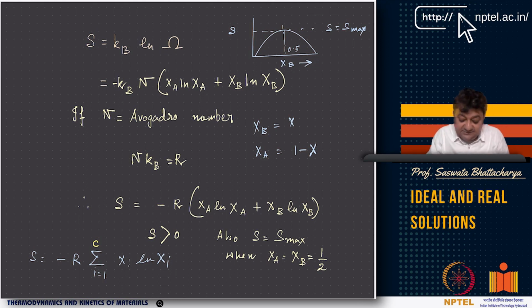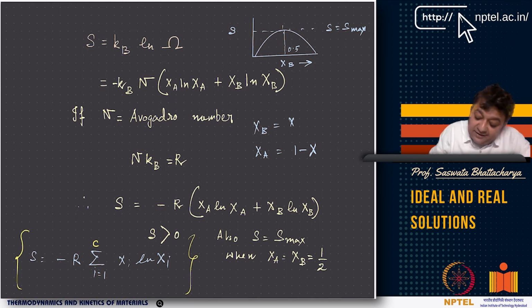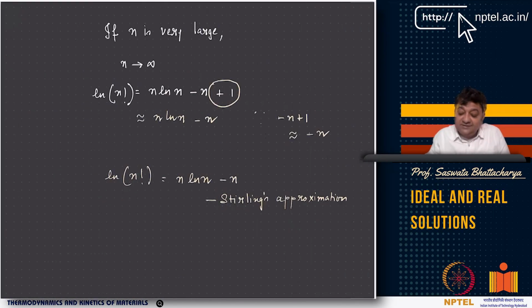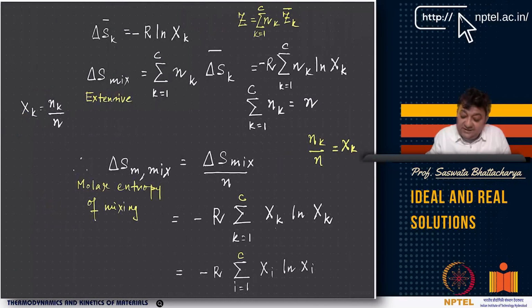What I want to say here is that this expression we obtained for mixing comes from a molecular interpretation. We are considering the number of molecules, N_A molecules of A and N_B molecules of B, and looking at the mole fraction of A and mole fraction of B. We start from Boltzmann's hypothesis and come to this from the statistical mechanical version. But you can see here that we got the same expression as for the ideal gas mixture, or ideal mixing, where there is no interaction.